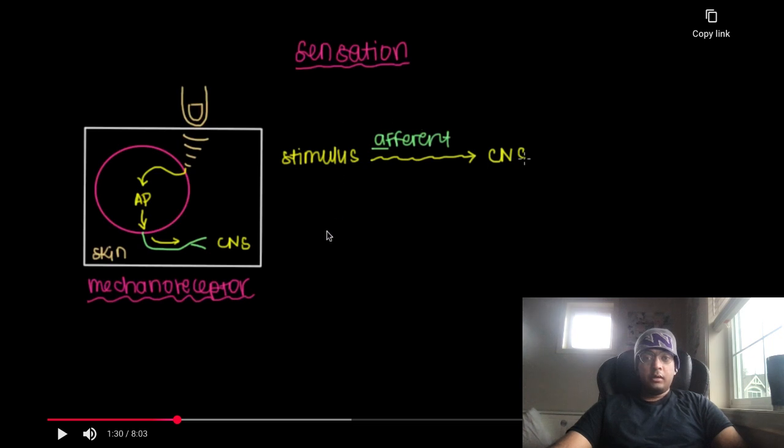Okay, so I think that if I was encountering a test examination question that said, this guy got this type of sensation, and it led to the central nervous system, this led to an afferent, right? So that's